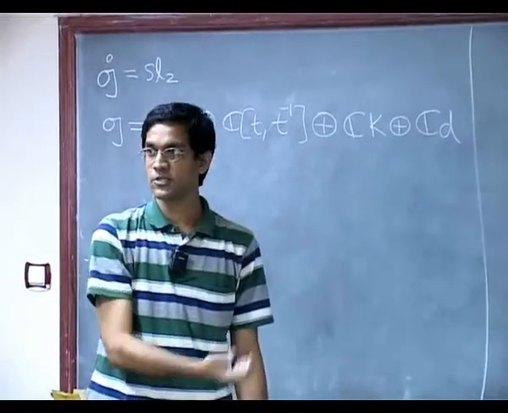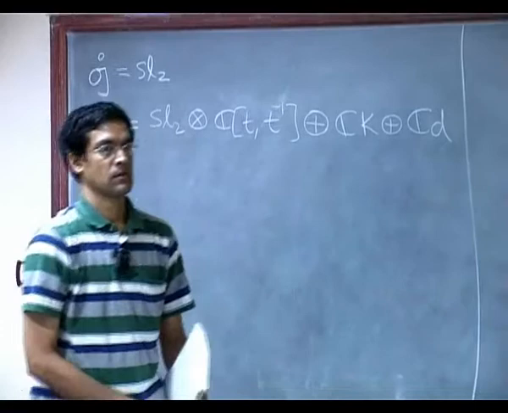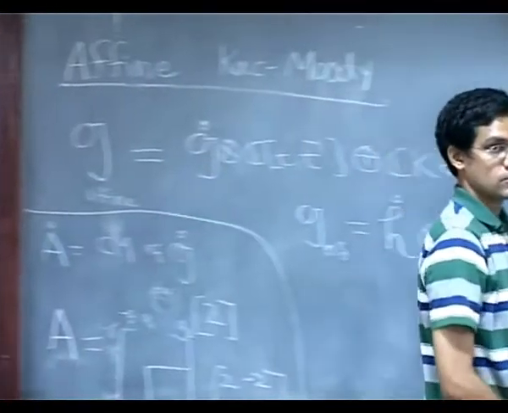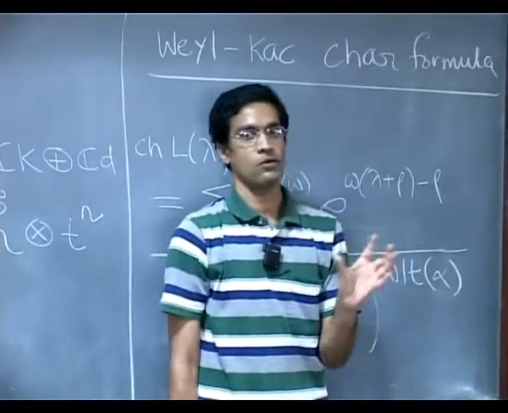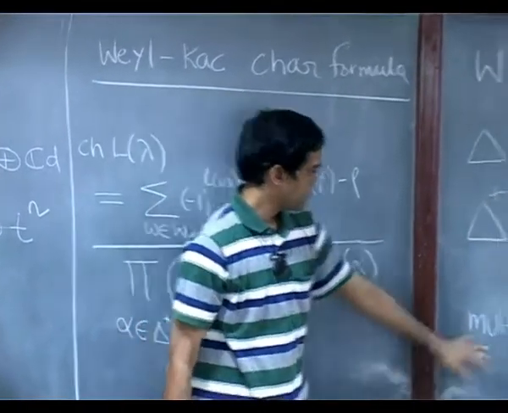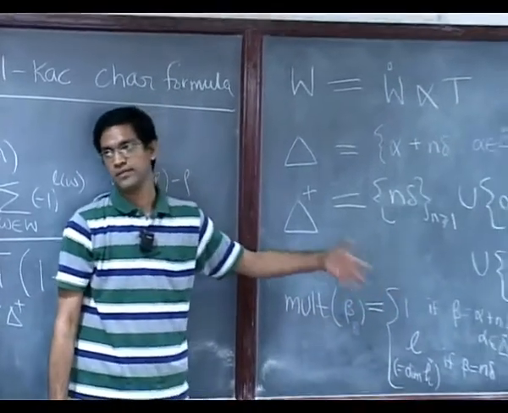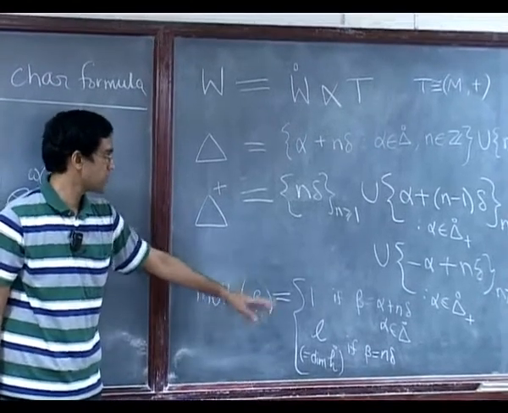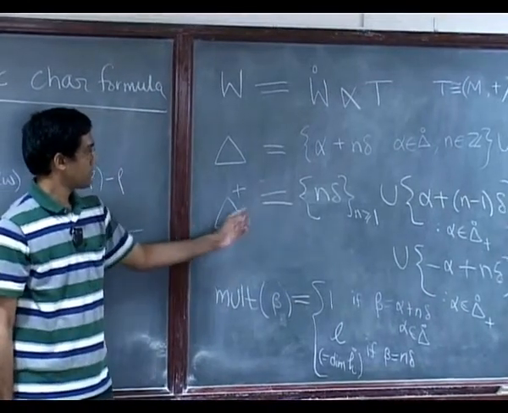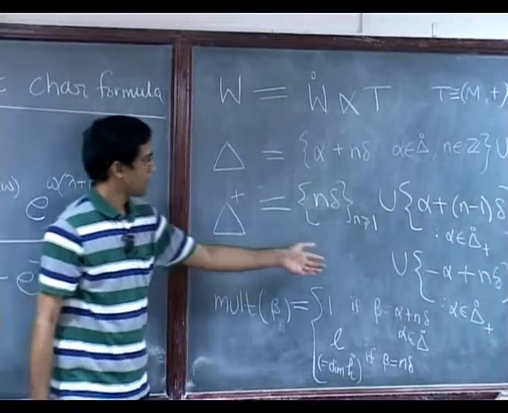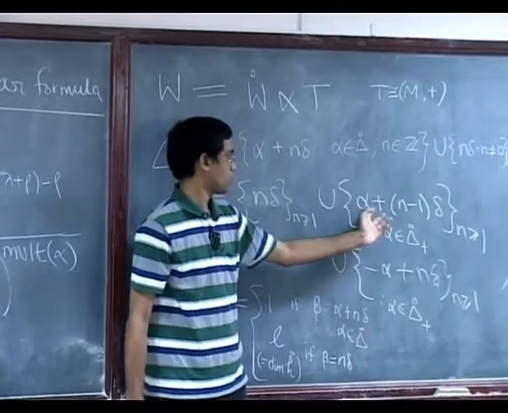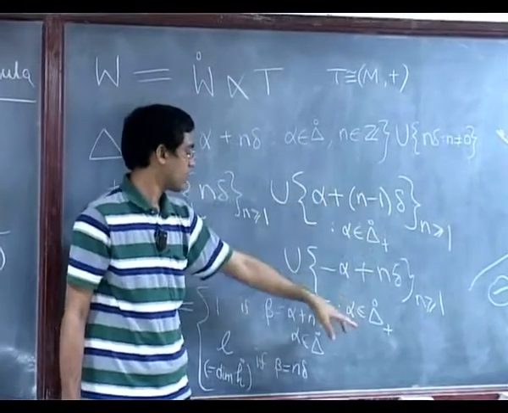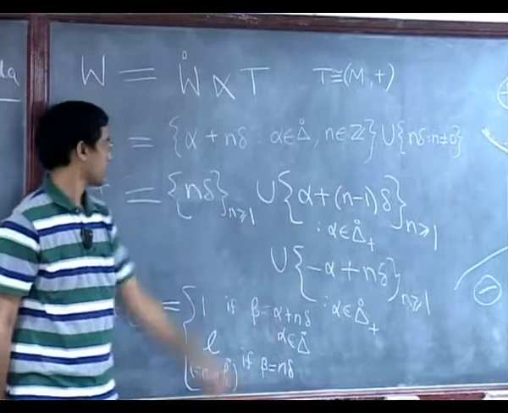And now, in this case, I know all those numbers. For example, what is the multiplicity of n delta? What is the dimension of the underlying Cartan? It is just 1, right, because SL2 only has that H as the Cartan subalgebra. So, in fact, here all roots have multiplicity 1. Right? It is a special situation. For SL2 alone it happens, or SL2 affine it happens, everything has multiplicity 1. Okay. And of course, the roots again are easy to describe. There is only one root which we usually call alpha or alpha 1, for example. So, there is alpha 1 plus n minus 1 delta or minus alpha 1 plus n delta. Those are the real roots.